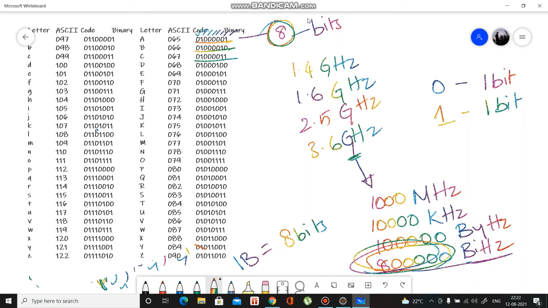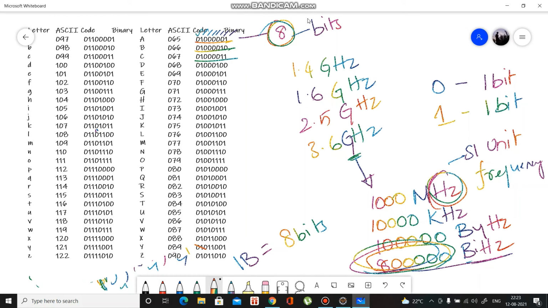Hertz is nothing but an SI unit for frequency. Frequency is nothing but waves which will be generated using electricity.